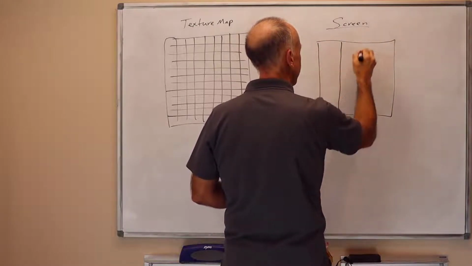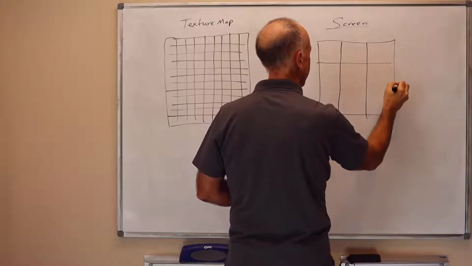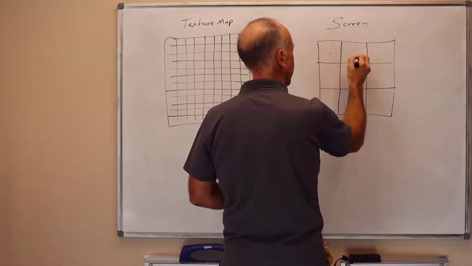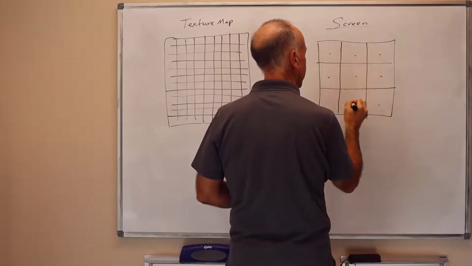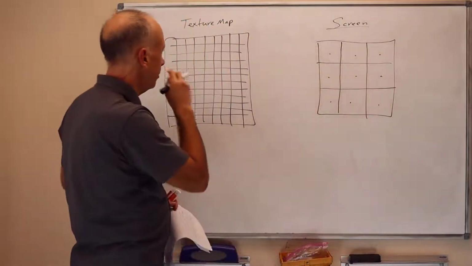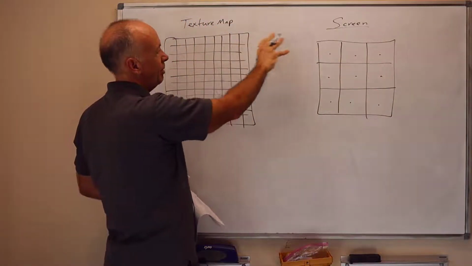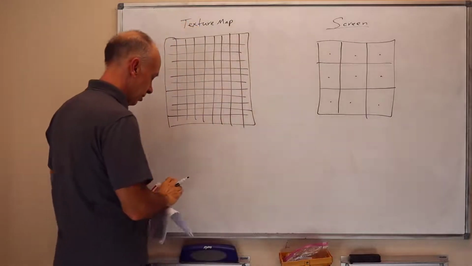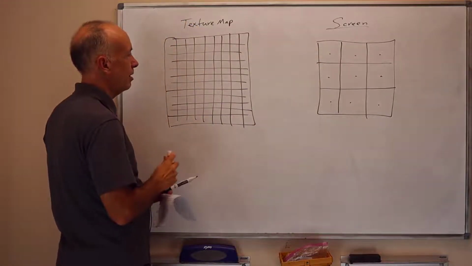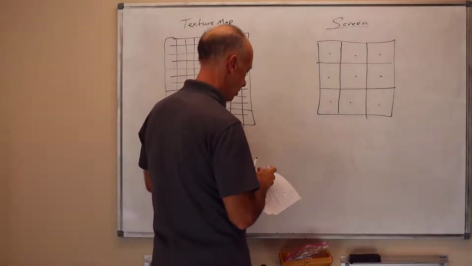Maybe it's a 3x3 array of pixels on the screen. Let me mark the pixel centers here. And now you'll notice that if the texture map is being mapped into this, each screen pixel is going to have a pre-image,